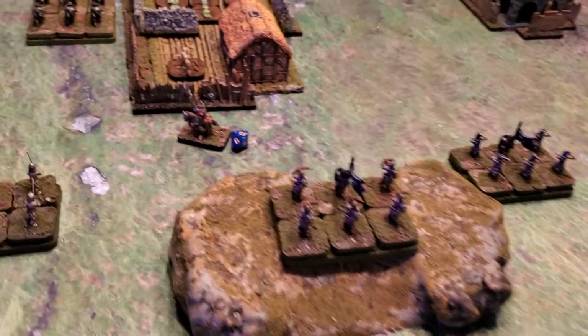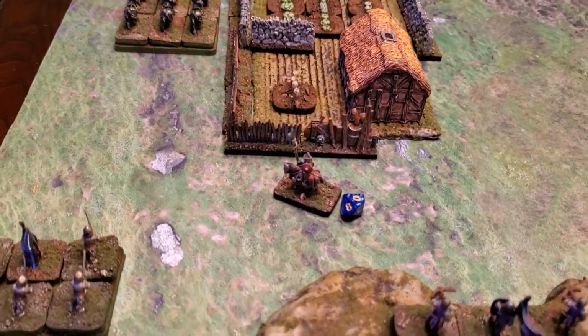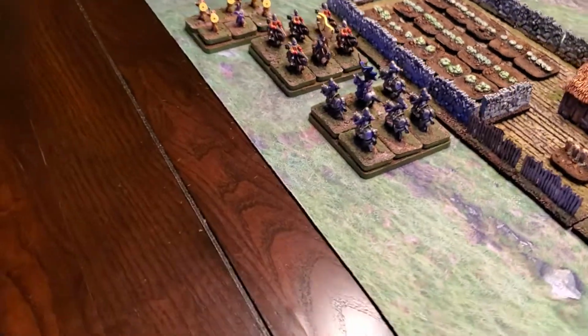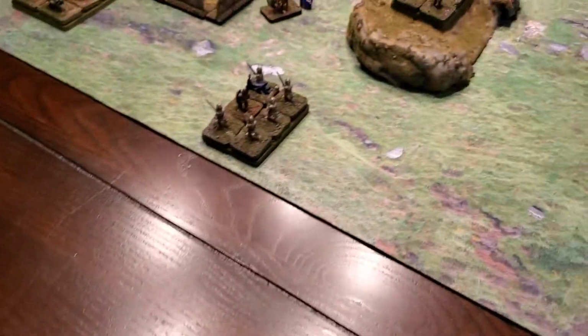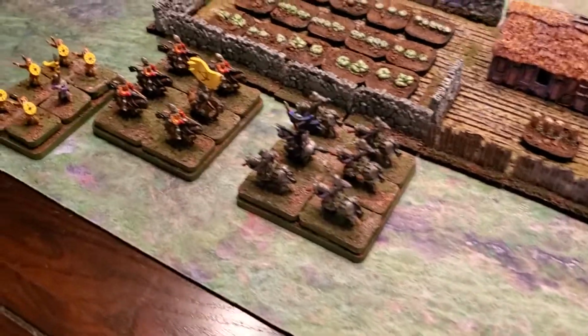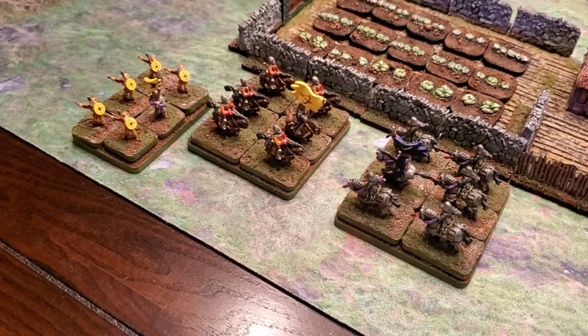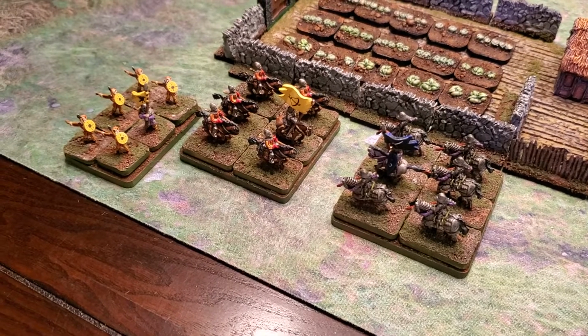Crossbowman moved up on the hill. Warlord shot all the way over here. Warlord actually tried to get a Warcry die off on these Light Cav, but failed. Swordsman moved up. Light Cav shot up. Their idea here, because the Light Cav are about to take some shots, but I think they figure